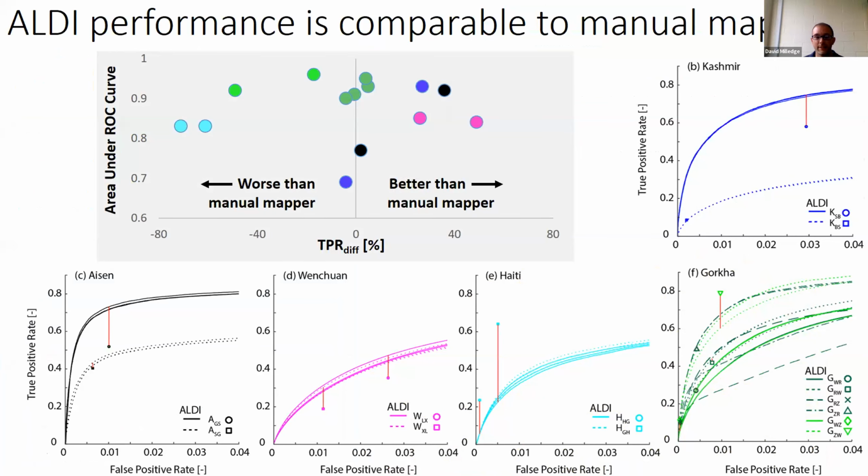When we test that, we go to those same five places, and the fact that we have two overlapping inventories means that we can evaluate the performance of the manual mapping and compare that to the performance of the machine, the automated detection. What we find when we do that is that it's about a 50-50 split in the machine outperforming the human in terms of landslide location versus the human outperforming the machine.